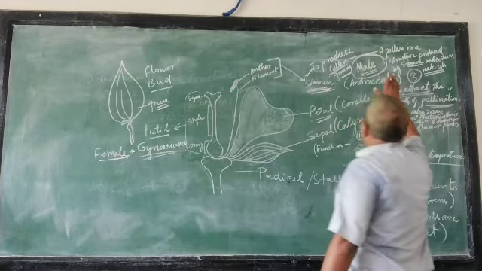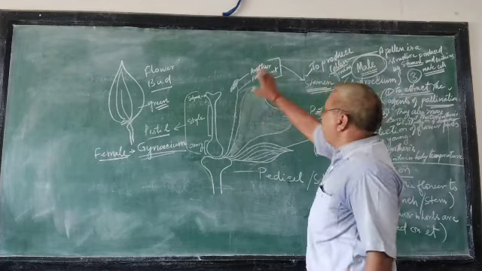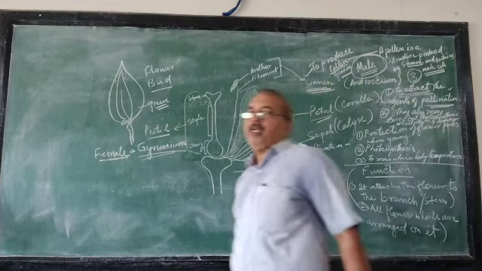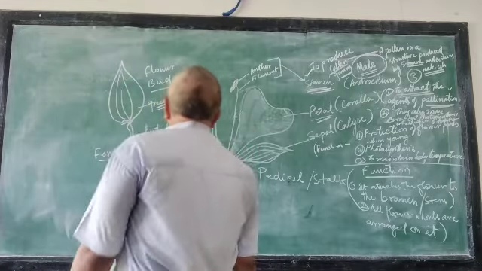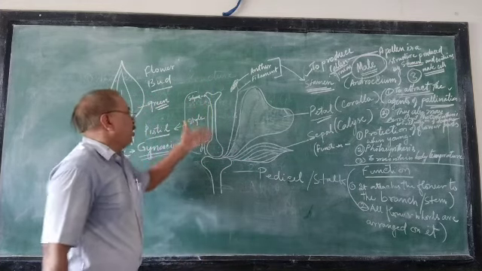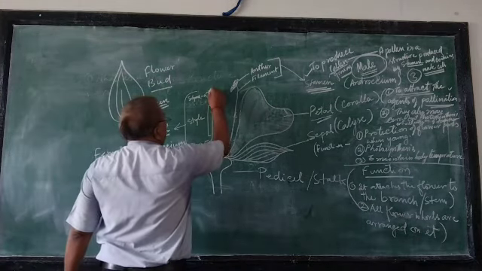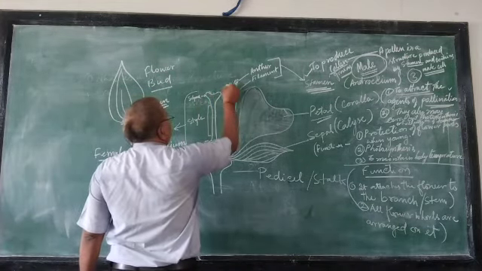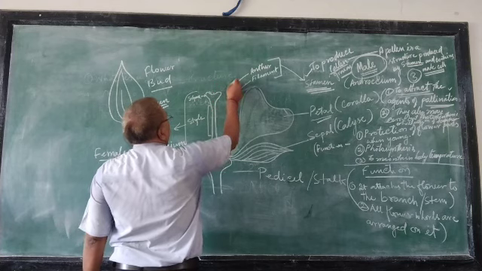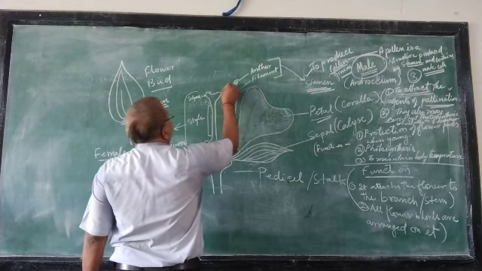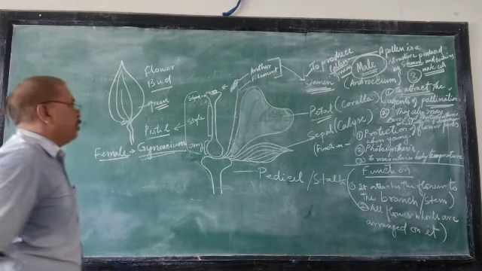So this is a very important function of a flower. Here, the main importance of the flower comes. It has the male part, which produces the structure called the pollen, and this pollen contains the male cell. And at the last, what comes? The pistil, the female part. What is its function? Its function is to receive the pollen grains from anthers. So from here, these pollens come here and they are received by this stigma.